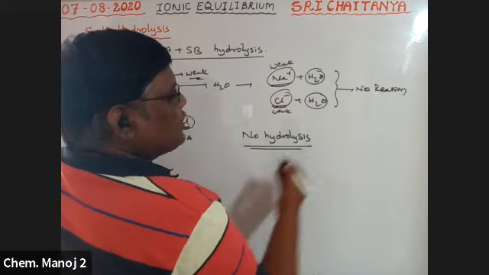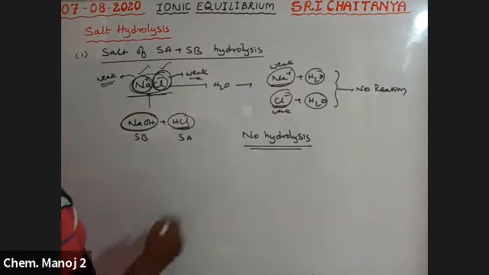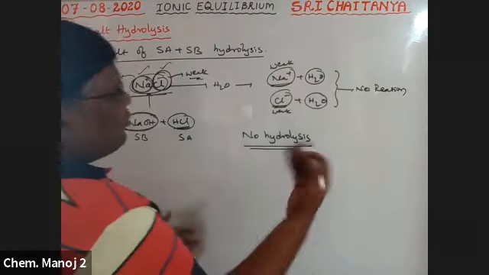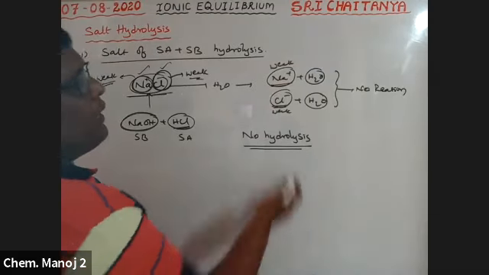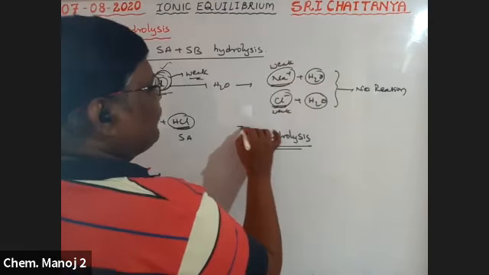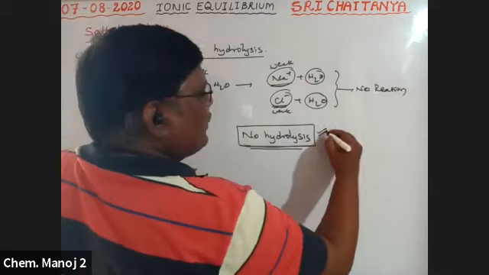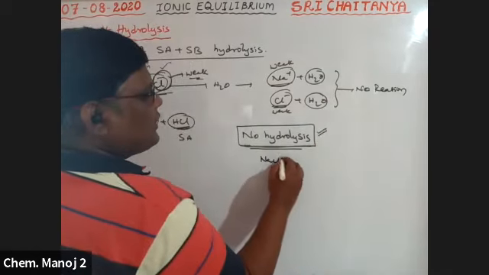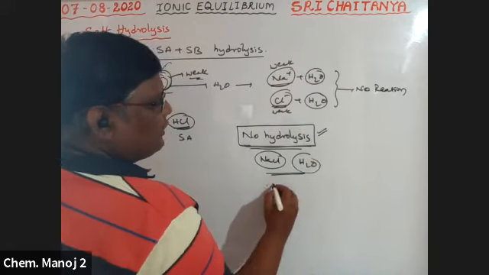No hydrolysis takes place. The salt of a strong acid plus a strong base does not react with water. Water it becomes strong acid and strong base, so the cation and anion both are weak. Automatically those two do not react with water. Therefore, no hydrolysis takes place, the salt remains the same and water remains the same. Therefore, no change occurs.